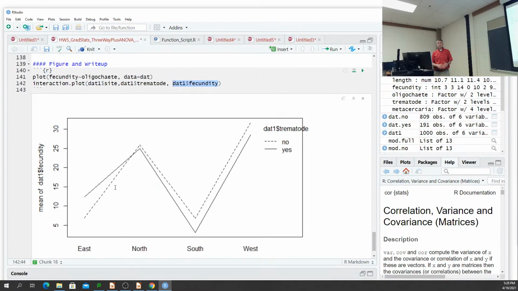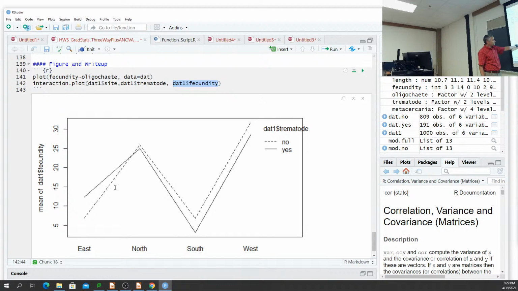So what we're looking at, the ligakey is significant. What we're trying to do is figure out, number one, are we having different fecundities within east? Are they different in south? Are they different in west? Are they different in north? So that's kind of the first part of it. And then the second part is saying, okay, within our solid line, are our points here different from each other? They are. Which ones are different? And we found